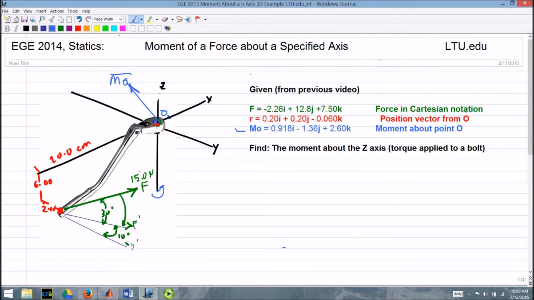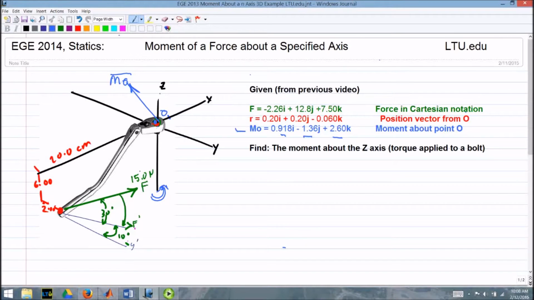So this moment, as you can see, it's got a big z component, but it also has a negative y component and a positive x component, so it kind of tilts off a bit. Now this particular example is kind of trivial, but we'll walk through the process anyhow, and we'll also run it backwards. Say if I want a specific moment, what does the force need to be? So we'll run it both ways.